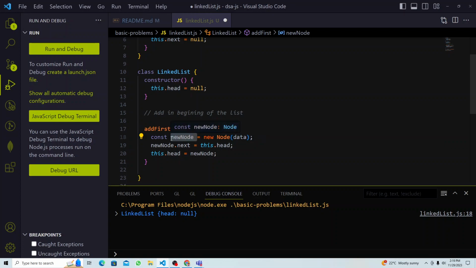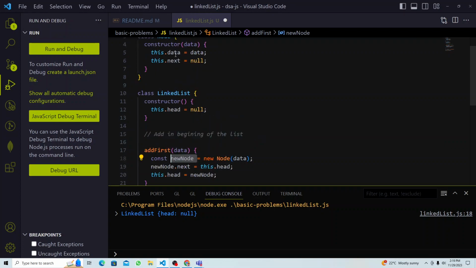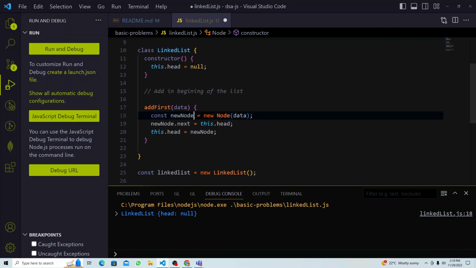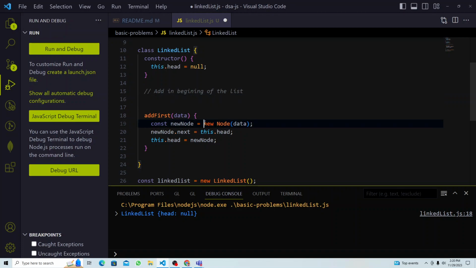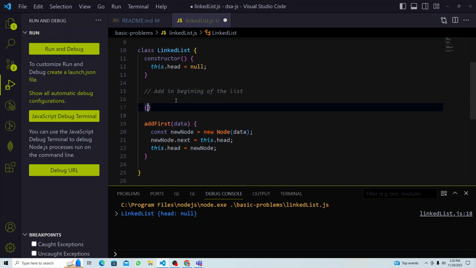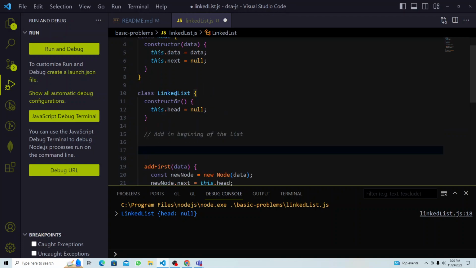Okay, so we get a node now, right? So here what you will get, you're gonna get the data and the next pointer, you're gonna get that object. Okay, so that is what the new node object is, and we've seen before how you create a node and all that. So this new node has the next pointer, right? New node dot next. See that when you call this constructor, we have this object like that. Okay, so let's check here, and then